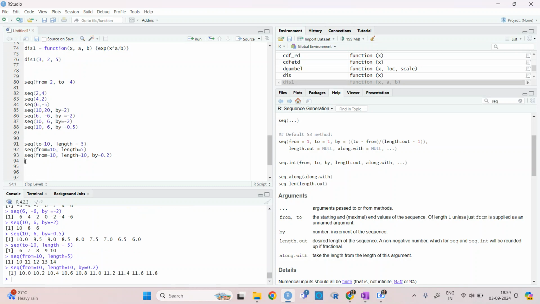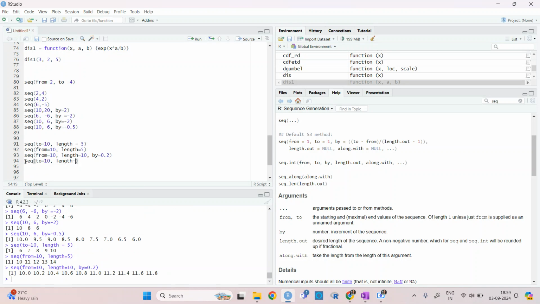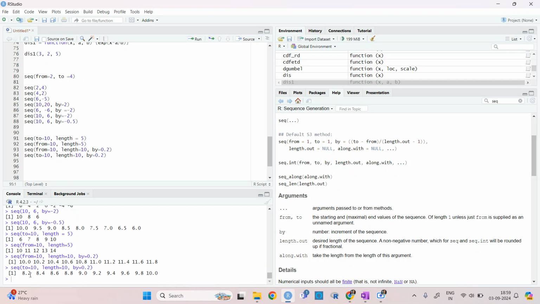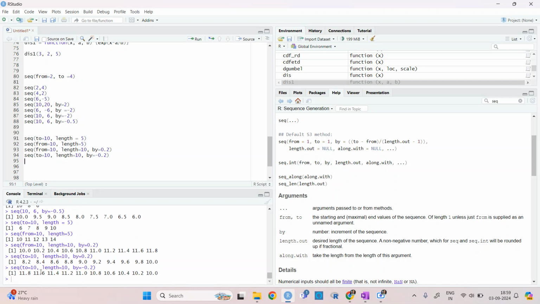If we will write this as from is equal to 10, similarly length is equal to 10, and then by is equal to 2, then it will give like this. If I will write by is equal to minus 0.2, then it will write like this.